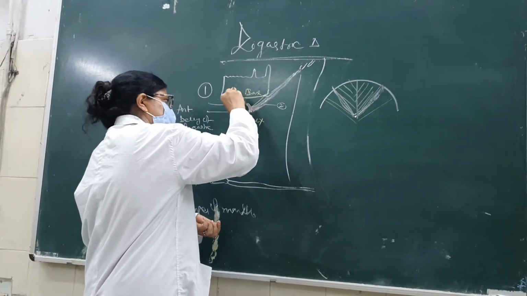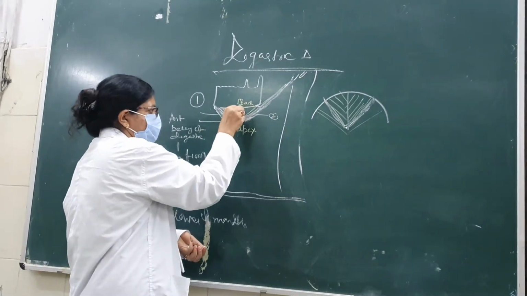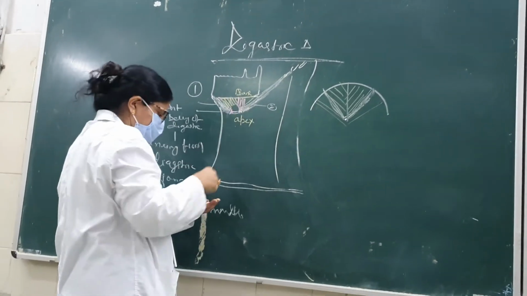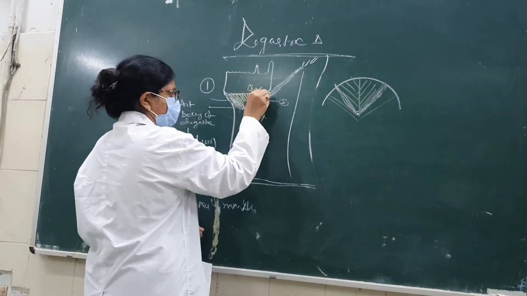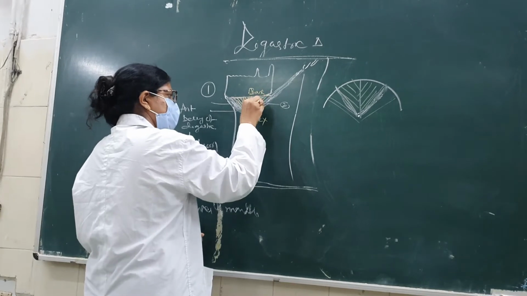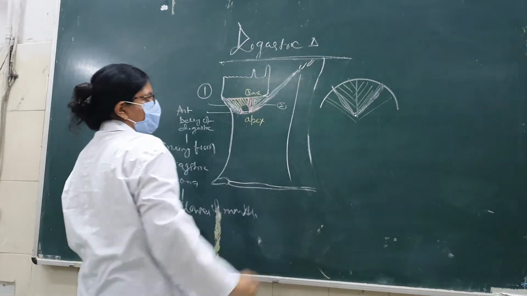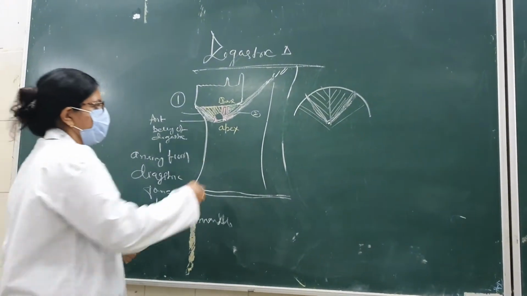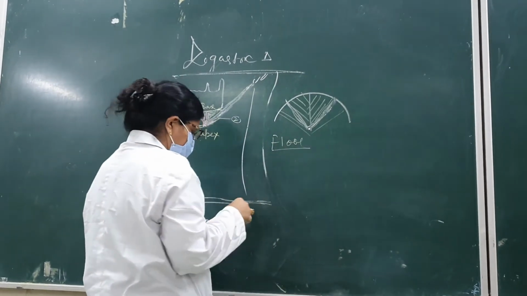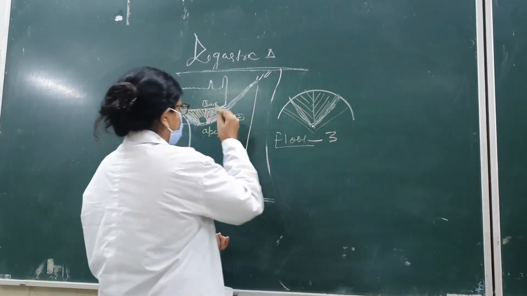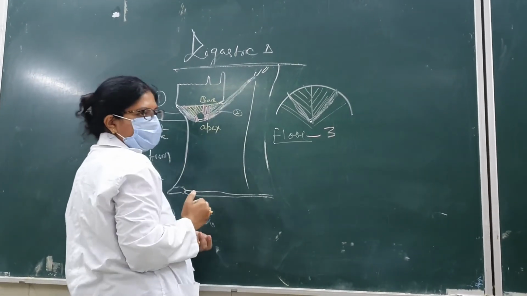This is the mylohyoid. And then we have a vertical fiber of hyoglossus and we have the middle constrictor of the pharynx. Okay, so this is the middle constrictor of the pharynx. So floor is formed by what? Floor में 3 मसल हो जाएंगी हमारी. Okay, pharynx will be there behind, so middle constrictor will also come like this.